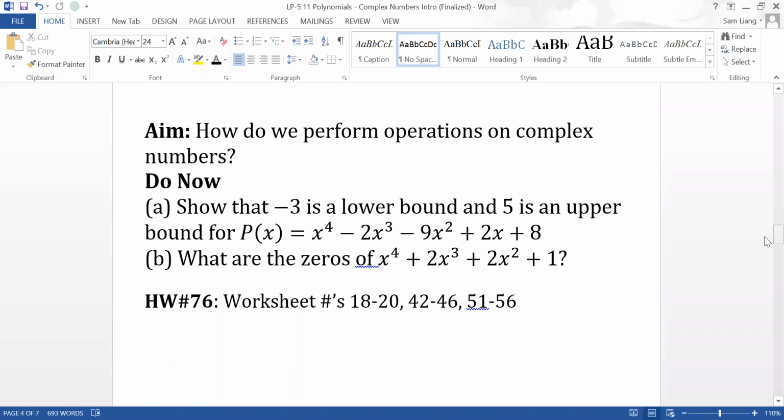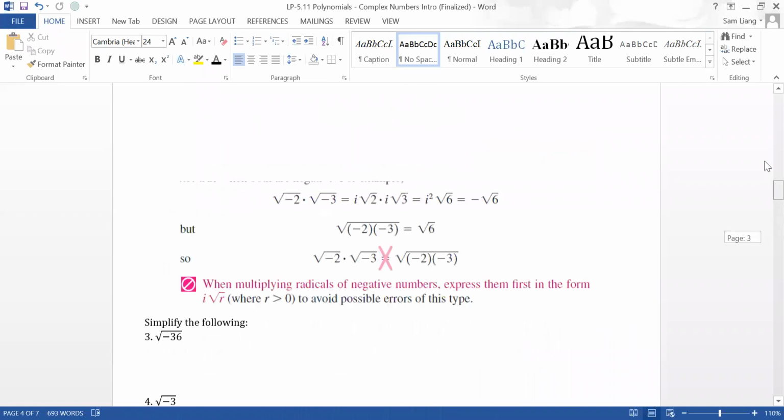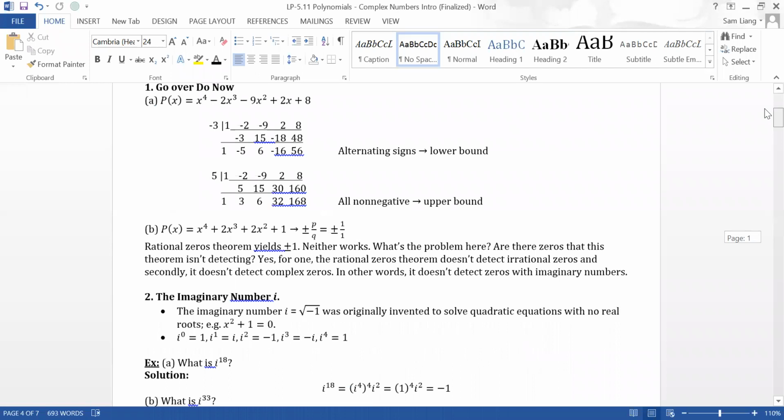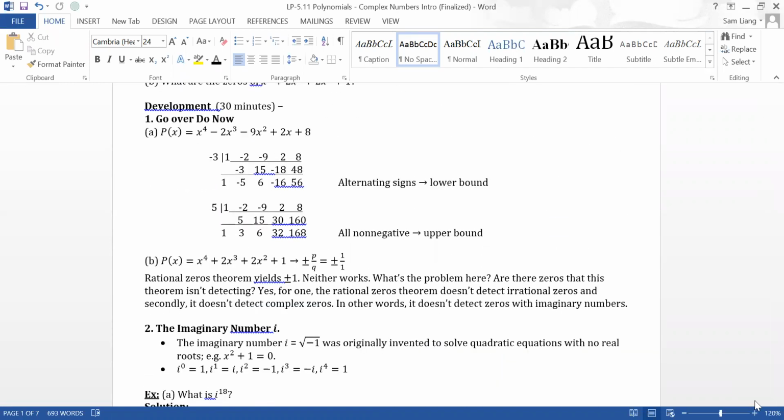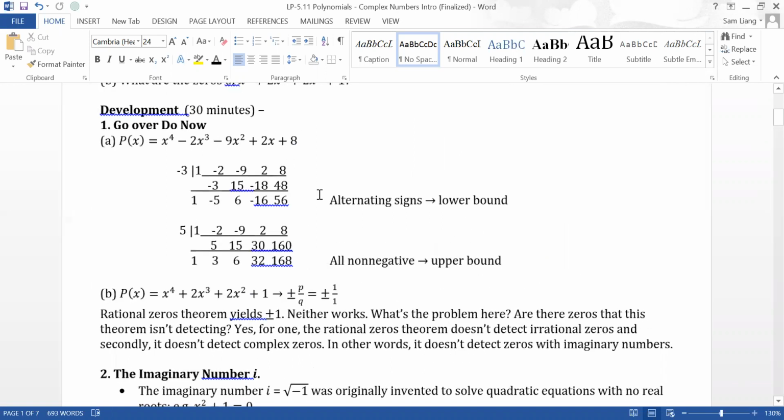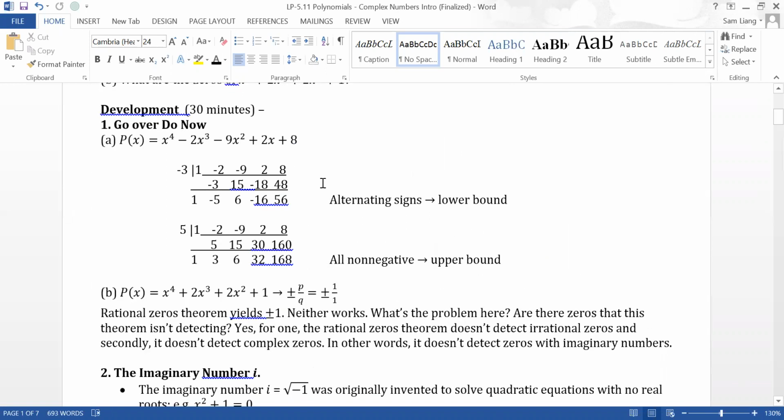Okay, so let me scroll up for the solution. Alright, so here it is. If you remember from the upper and lower bound theorem, we're going to use synthetic division. To show an upper bound, we have to have all non-negative numbers, so either positive or 0, in the bottom row. And for the lower bound, it has to be alternating signs, like positive, negative, or negative, positive, negative, positive. Okay, here's our polynomial, x to the fourth minus 2x to the third minus 9x squared